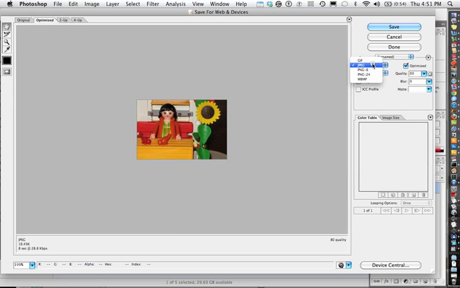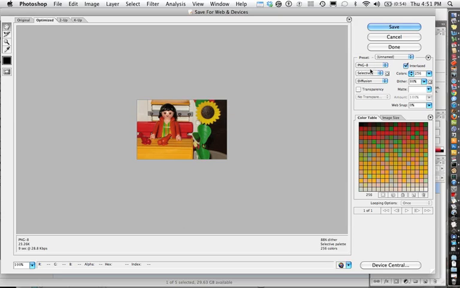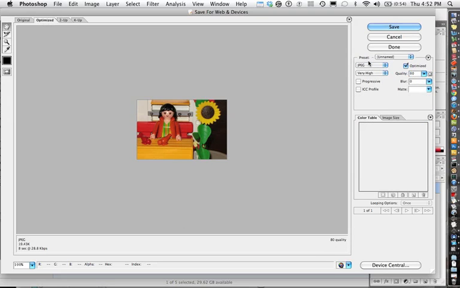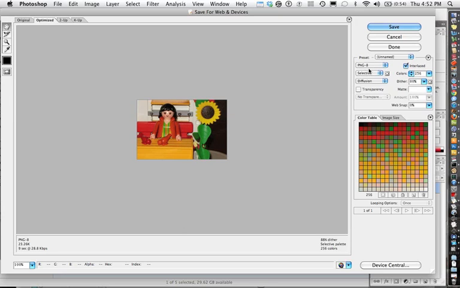Let's look again at the PNG 8 at 256. Now look here at your image, because if we're looking at the optimized view up here, we're seeing what it's actually going to look like. And I actually think the PNG 8 is a sharper image. I'm going to go with the PNG 8. It's all up to you. So I'm going to click Save,